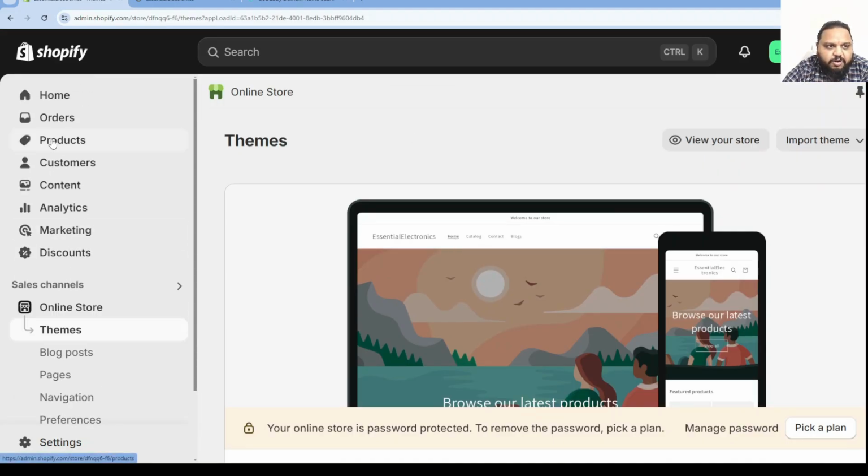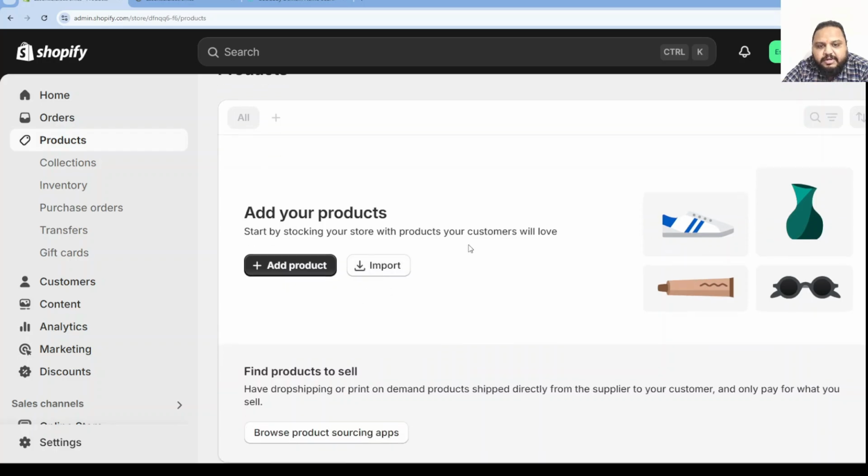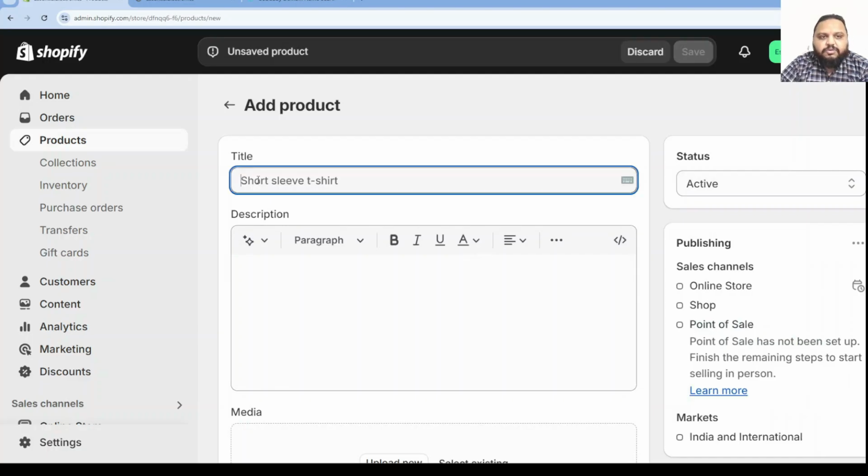Then comes the products. So here we have to add the product. So you can see add your product or import. If you already have an e-commerce listing on Amazon, Flipkart, you can directly import that data over here. Otherwise you can add the product manually. So here you just have to write the title, the details about that product. So it is